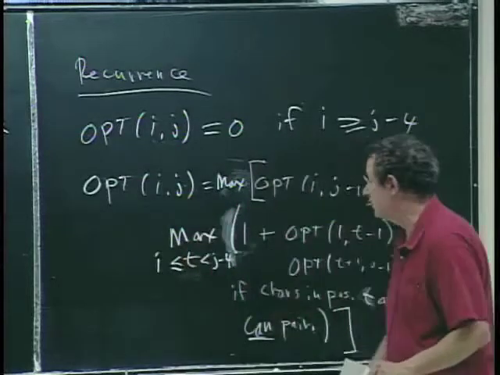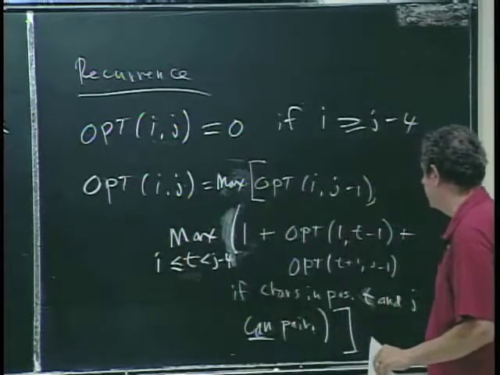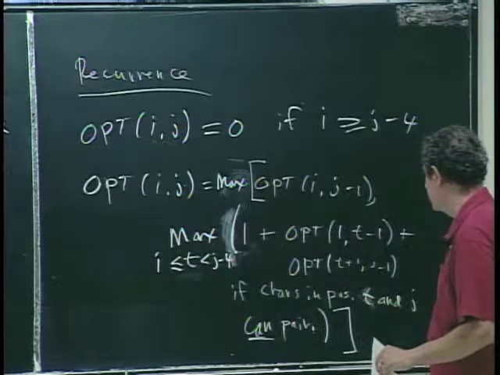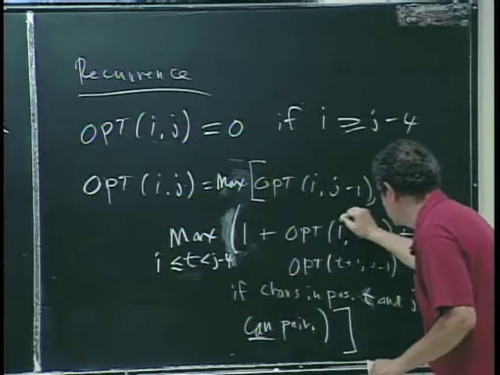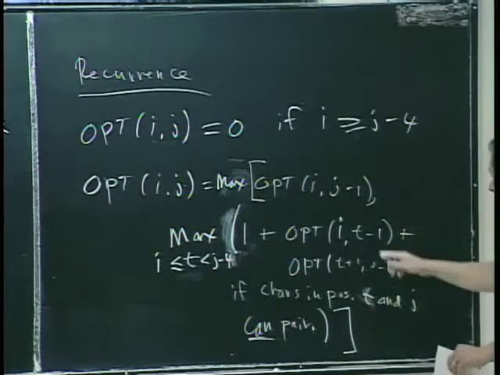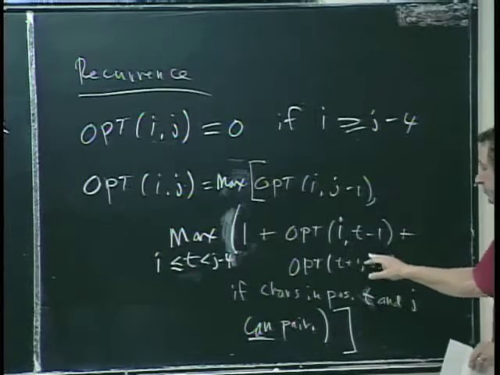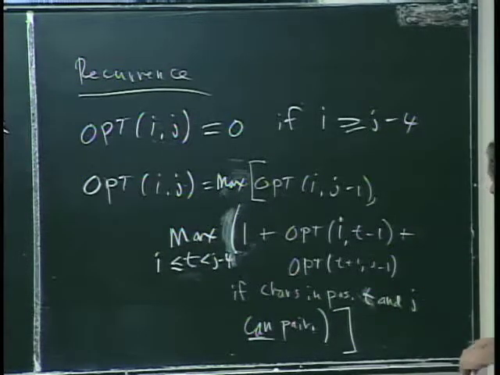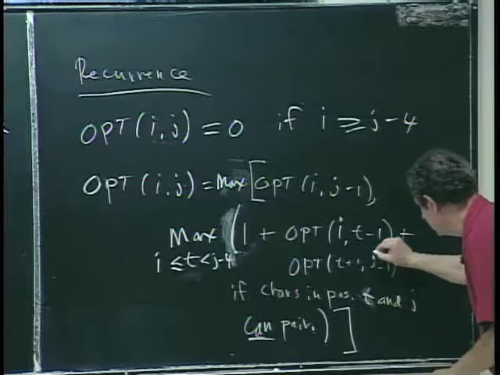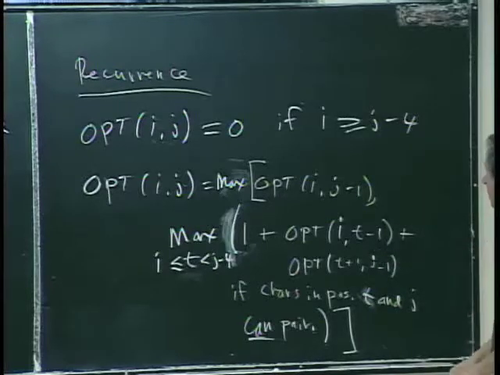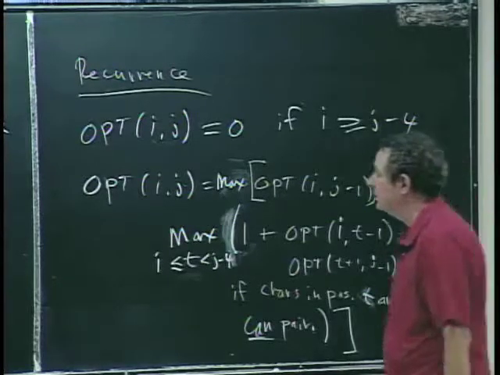In the second part of the max, the 1 plus opt, should it be an I to T minus 1? Or is that... Yes, right, sorry. Yeah, that's an I to T minus 1. And this is a J. Yeah. Okay. So